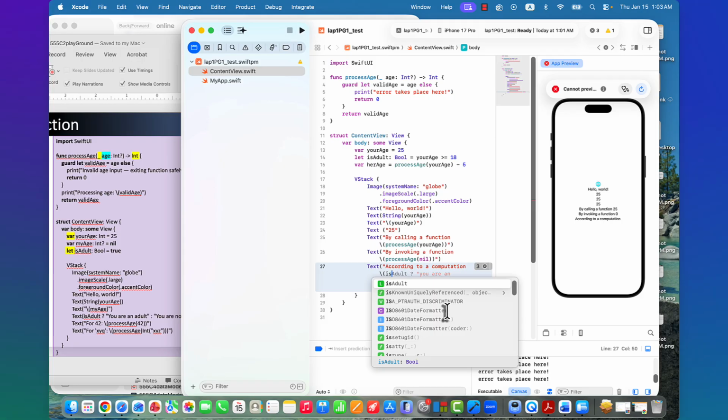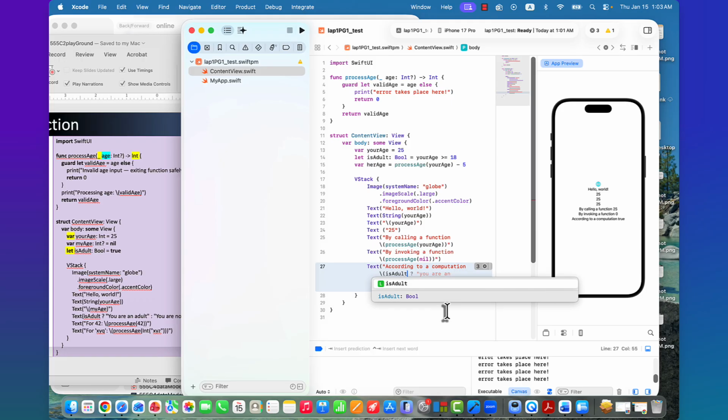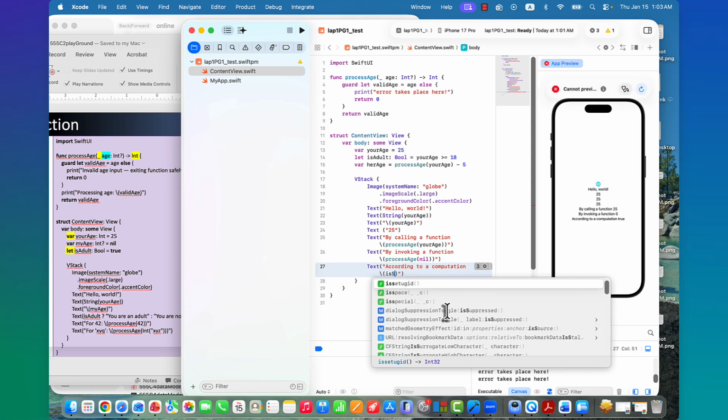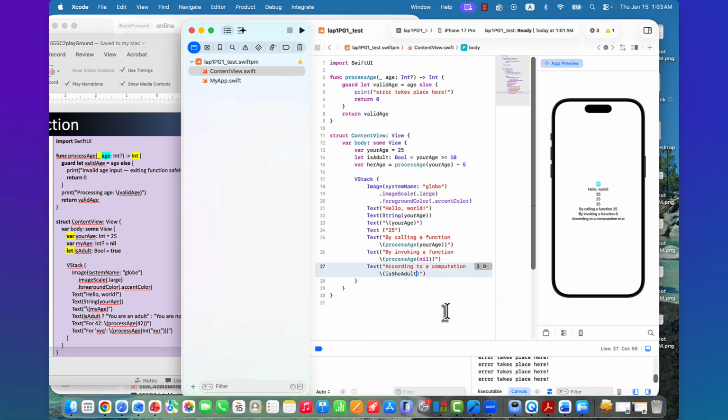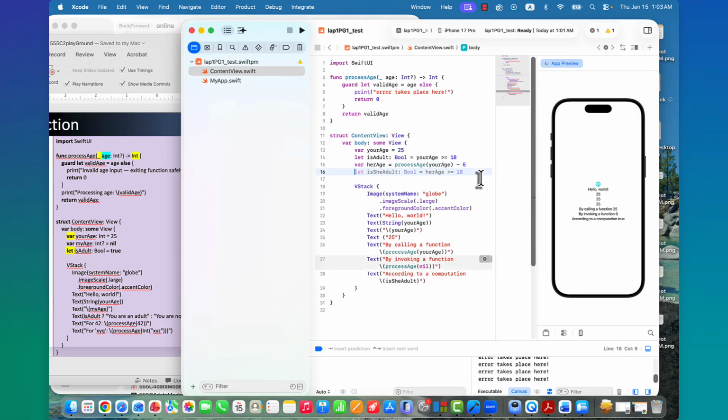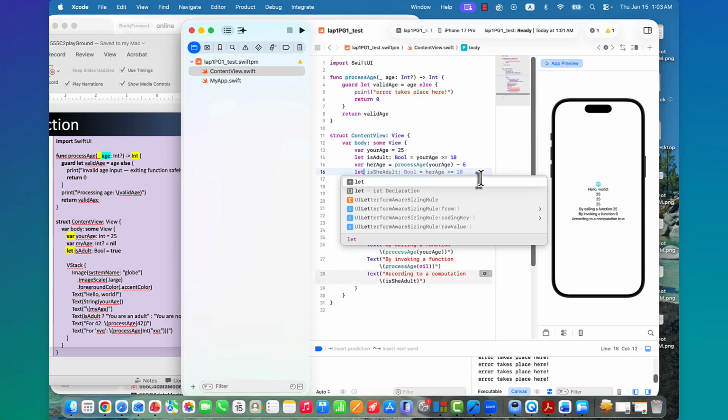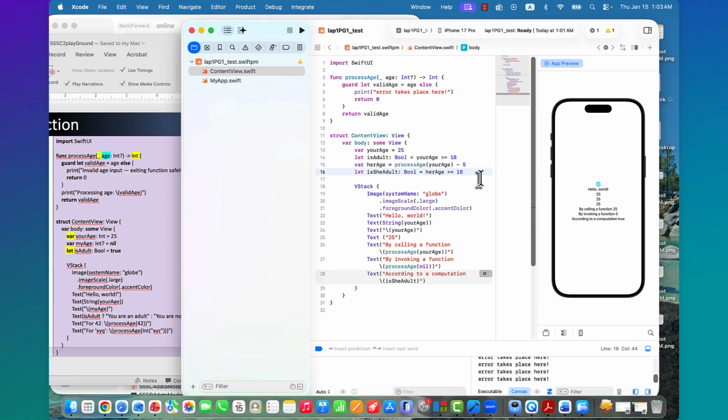Is she adult, I would say. Is she adult is not defined, right? So we can say still that is she adult, same as that, right? Her age, 18.